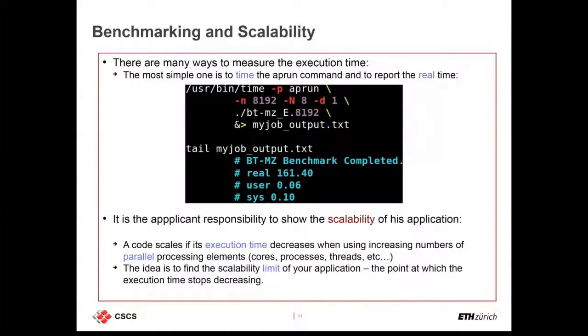In that case, aprun is the Cray equivalent of the mpirun command for people who have never used a Cray before. You just have to put the time command before aprun, and you will get the real time used by your application.